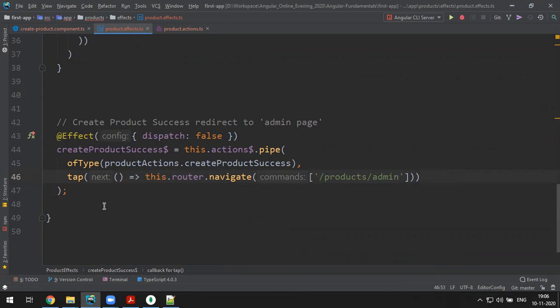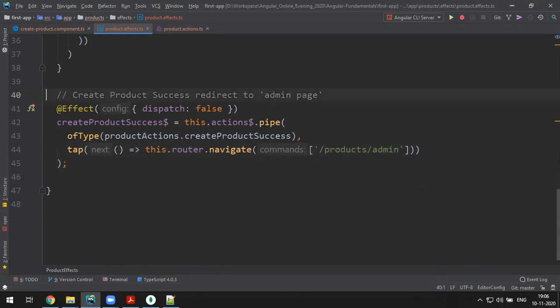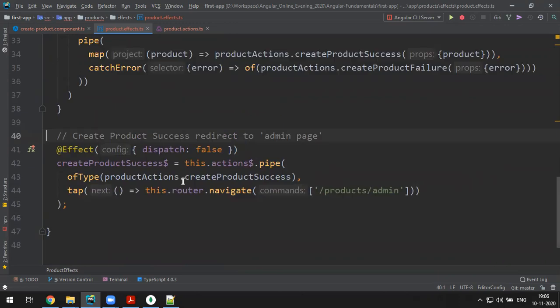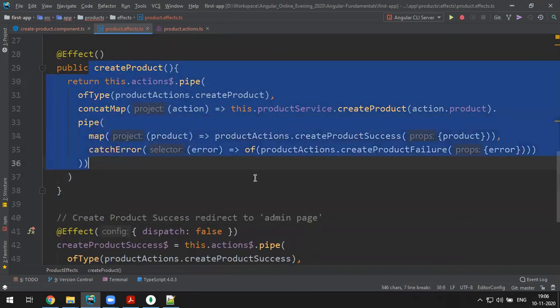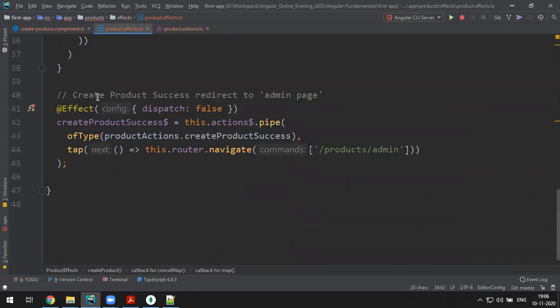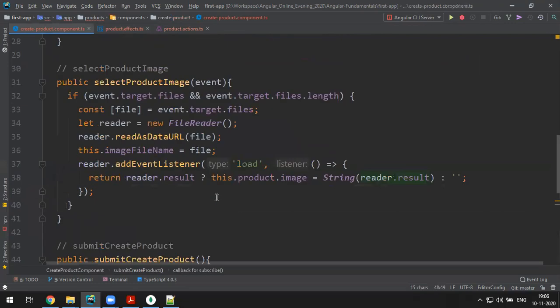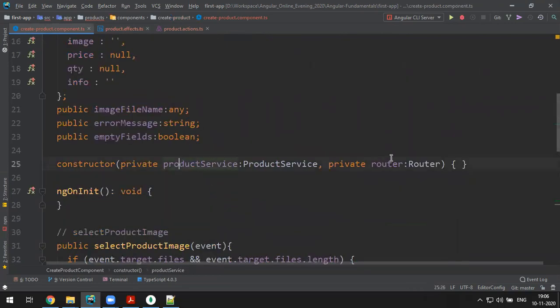Okay, fine. So this is the one. So once you have done with this, it will start working. Okay. So we made the effect, and once successful, it will redirect automatically to this one. Okay. So now let's go to the create component, the create product component. Here we don't need service, we don't need router. Okay, both of these things can be handled by the